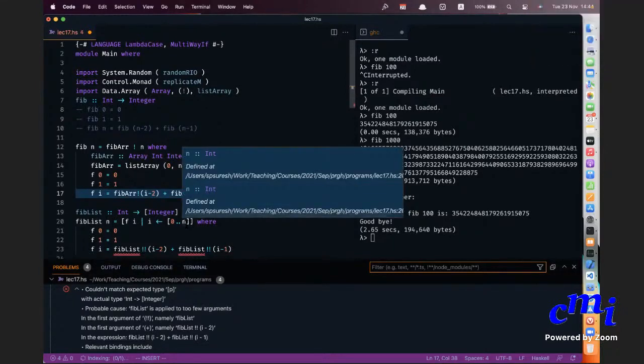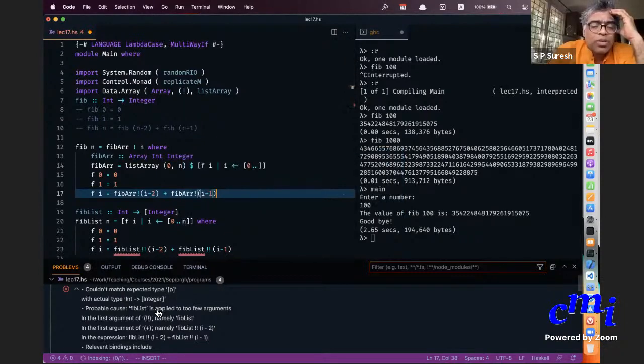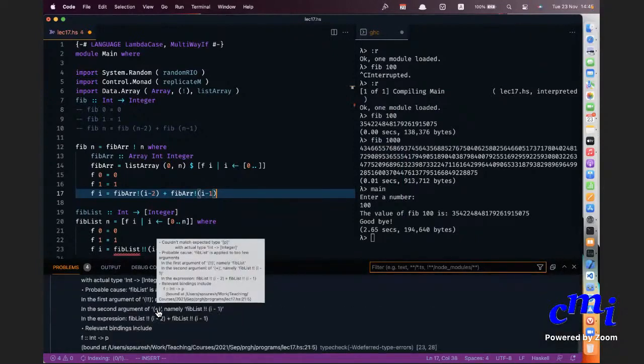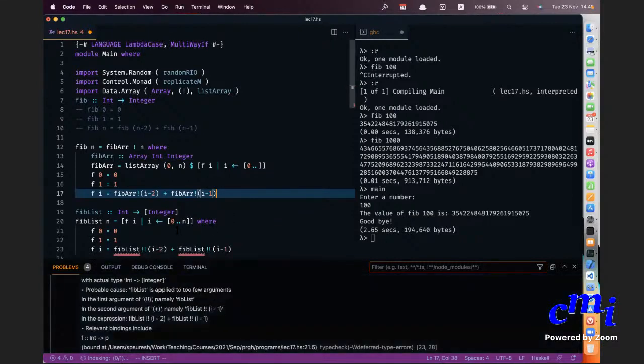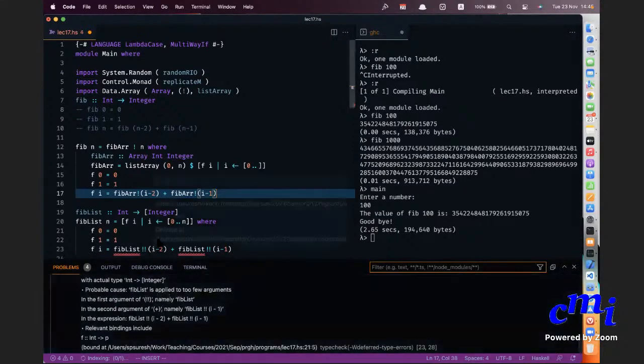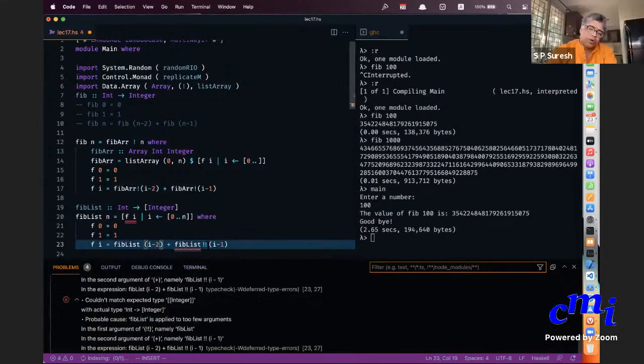Yes, sir, but because of lazy evaluation, if you asked for n, it would give you n, right? Can't you remove bang bang there? Sir, in the recursive call, we are using bang bang fib list, but fib list is actually int arrow integer. So we have to give some argument also. But fib list is an integer. No, in the recursive call. I see. Okay. I see the point.